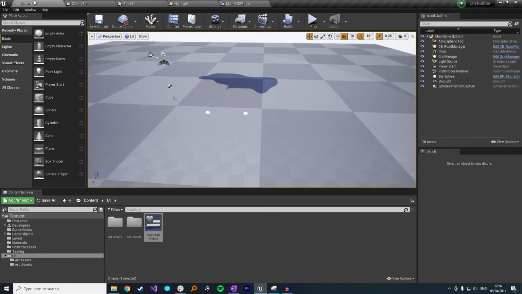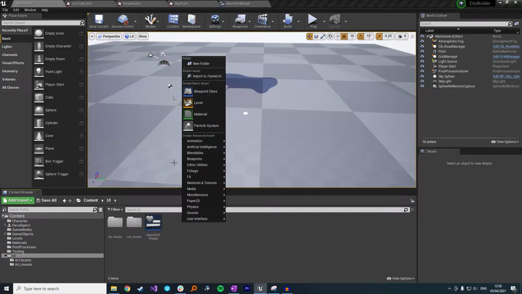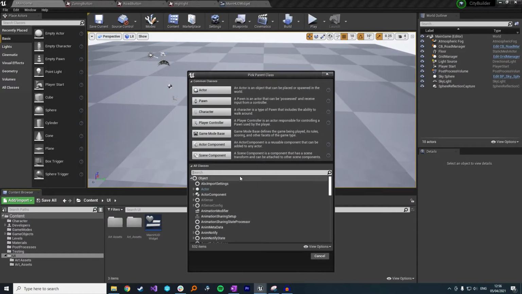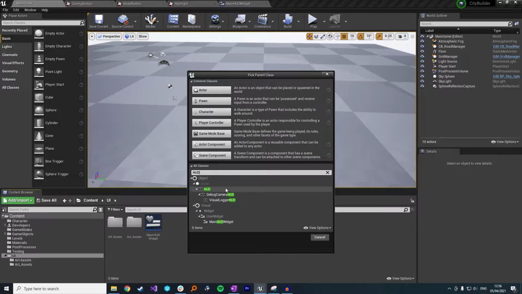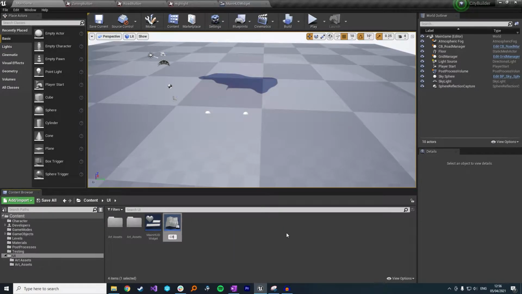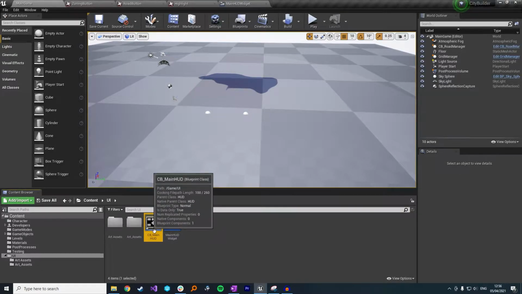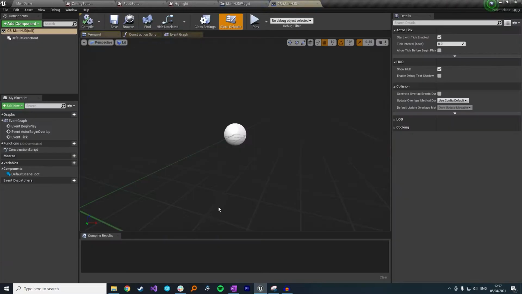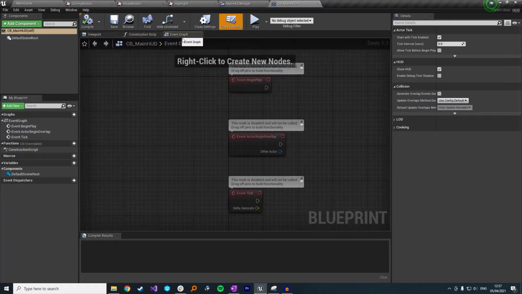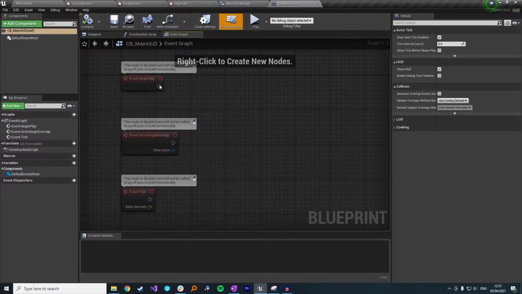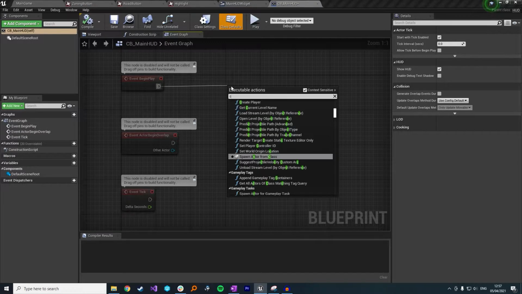And how to do that? Well, we actually need to create something called a HUD class. So if you just create a new Blueprint class and search for HUD, you'll see you can create a base class of HUD. We're going to call this our City Builder main HUD, like that. You do actually have to run some functionality in here to connect it to the widget you've made. So in the event graph, just drag off the begin play, and all you need to do is call create widget,